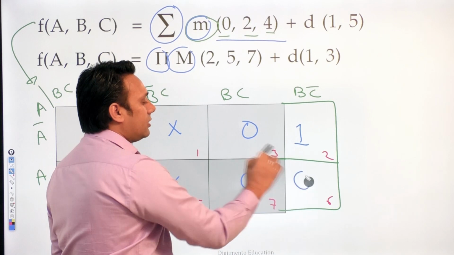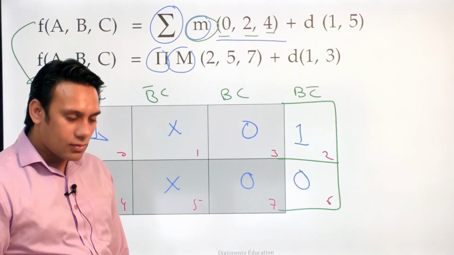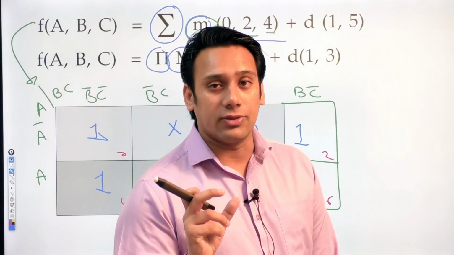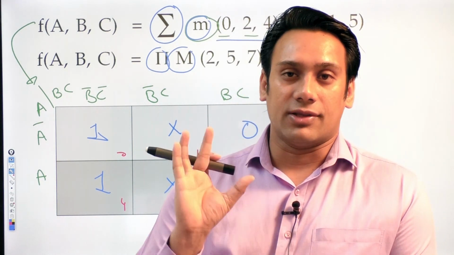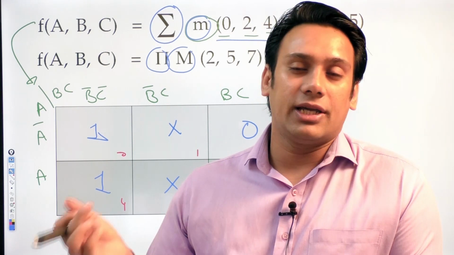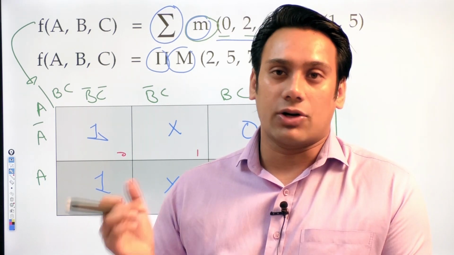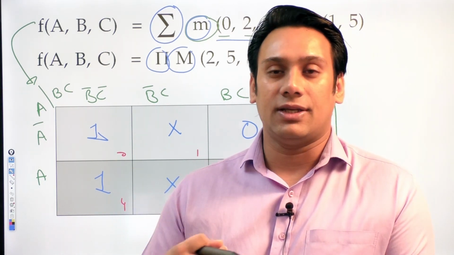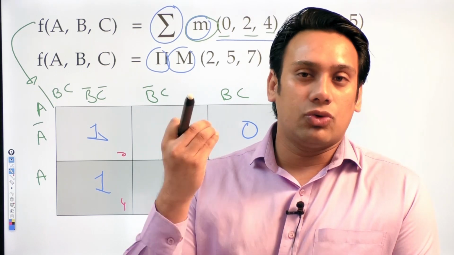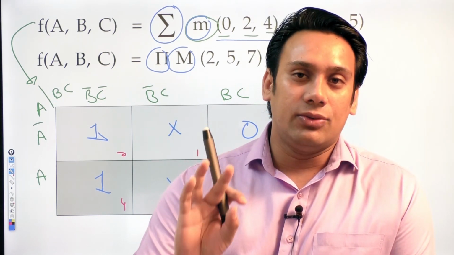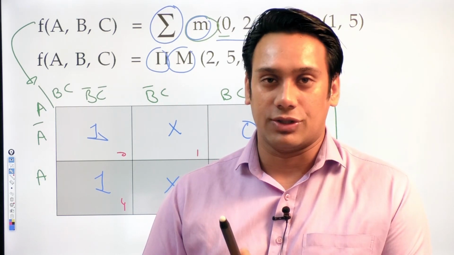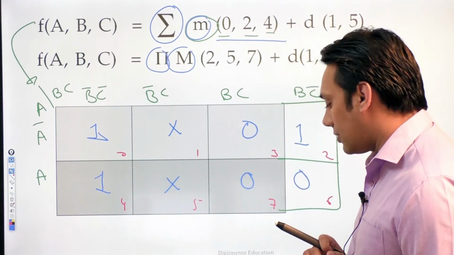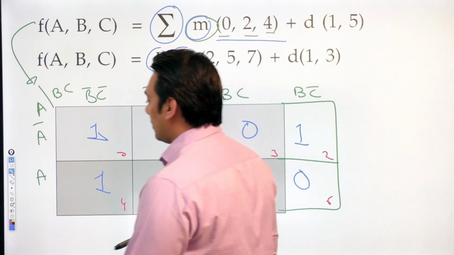In all locations I have a value 0. Now what is the significance of this don't care? You can combine these don't cares according to your convenience. You can say this don't care has a value 0, or you can give it a value 1 according to your convenience. You can assign any value to a don't care as you like. The only thing is you want to minimize the number of literals in your solution expression.